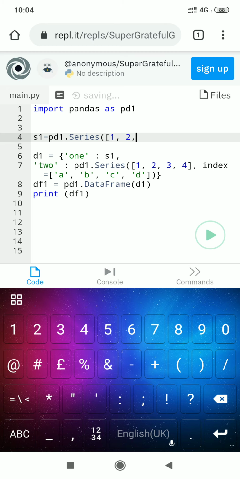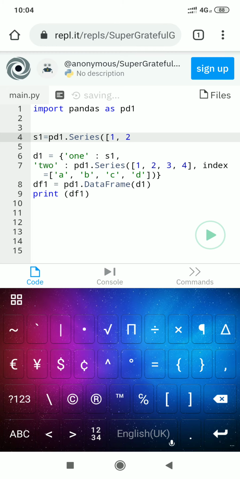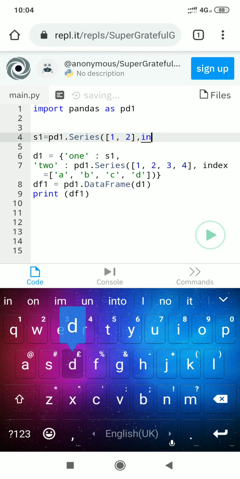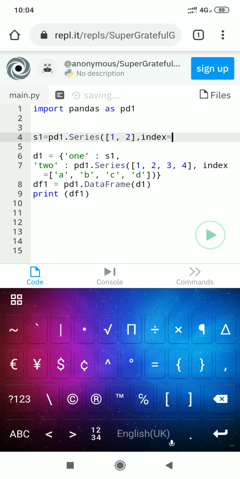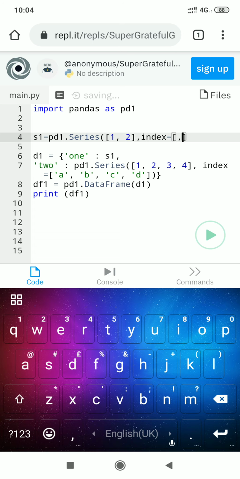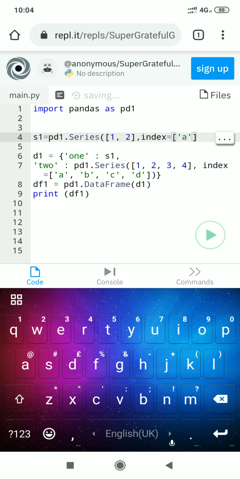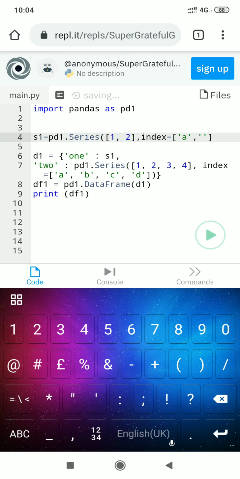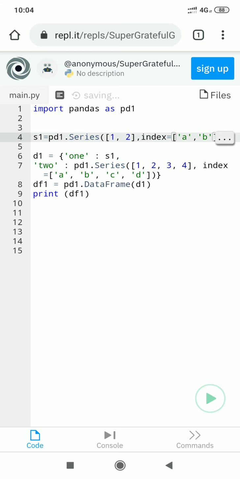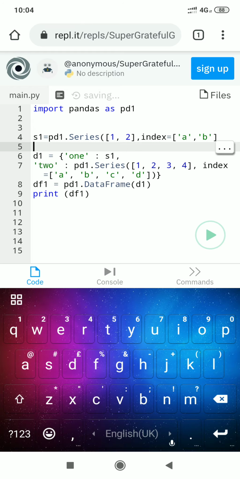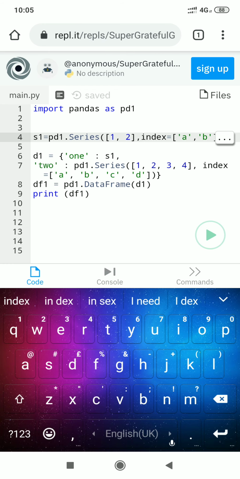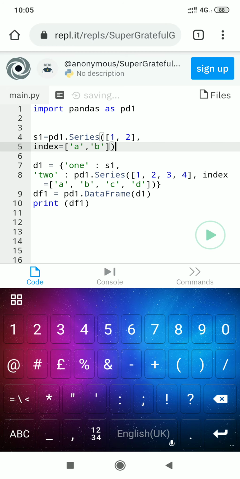Here I make a change, two elements only, that's enough, comma, index equal, and here we mention the label of index, here A, and comma, then B, and bracket.